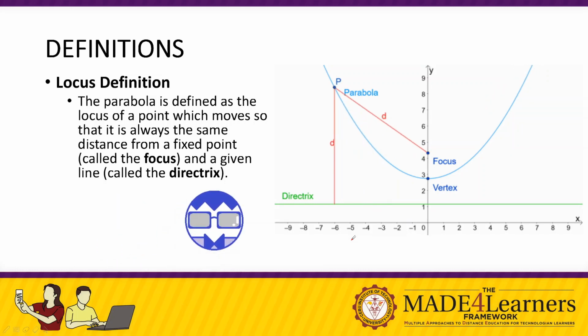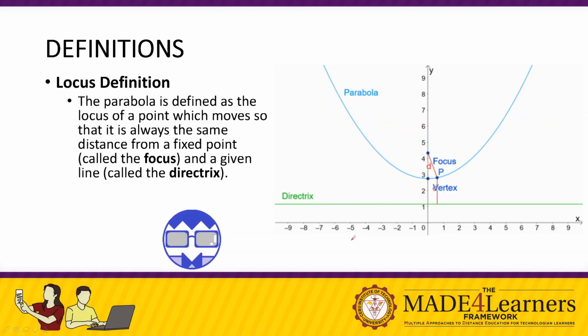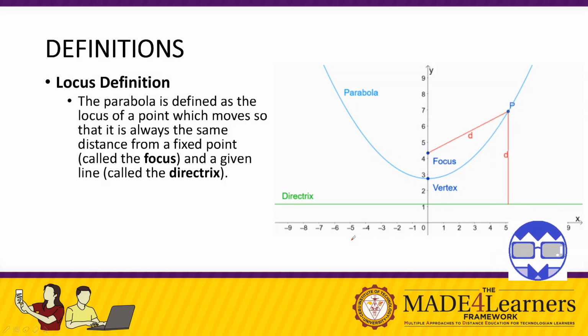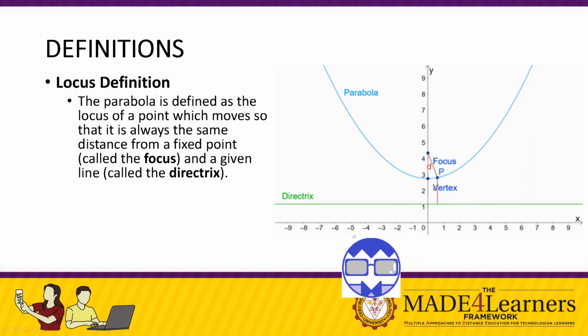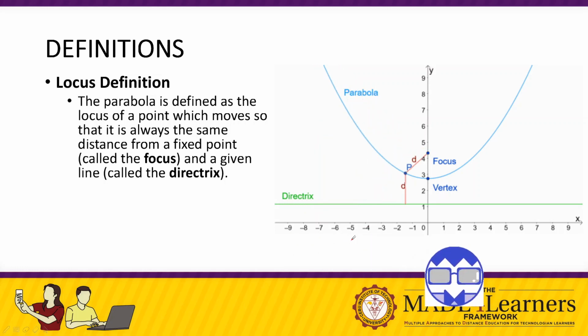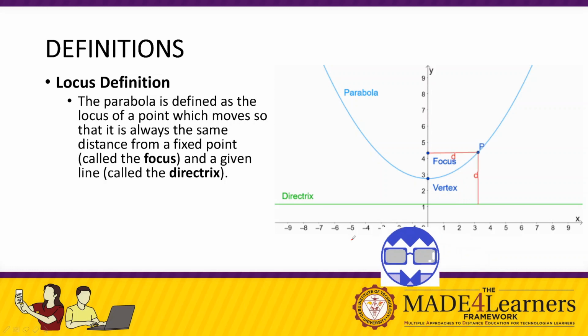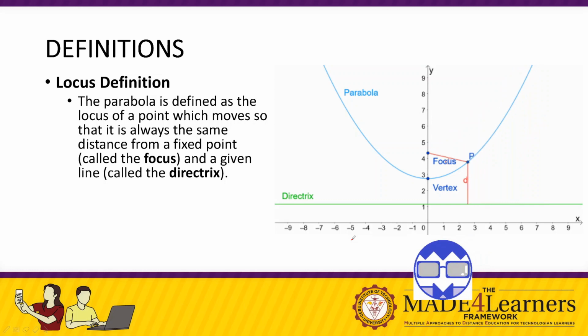So what does it mean? To simplify, let's first observe this graph. We have the focus, we have the point P, and we have the directrix, the green line, and the parabola, the blue one. And we have the vertex. The locus definition refers to the distance, the d here. So look at the d here. Whenever this distance from the focus, so this is the focus,